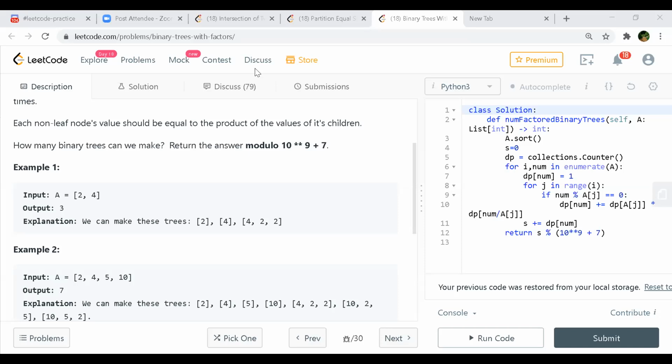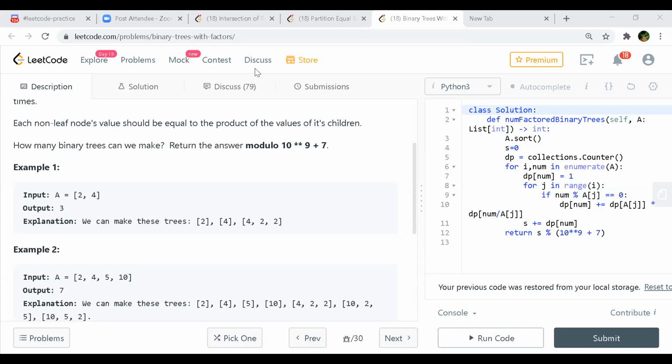So for that, the number of 2 and the number of 5 should be equal, right? X into y, then only we can do. No, let's say 2 is 10 and 5 is 5. They are all unique, right? They are all unique. Yeah, they would be. But okay, if 2 is 10 and 5 is 5, with 5 you can form 5 trees. So how many trees can we form? 50 trees. Yeah.